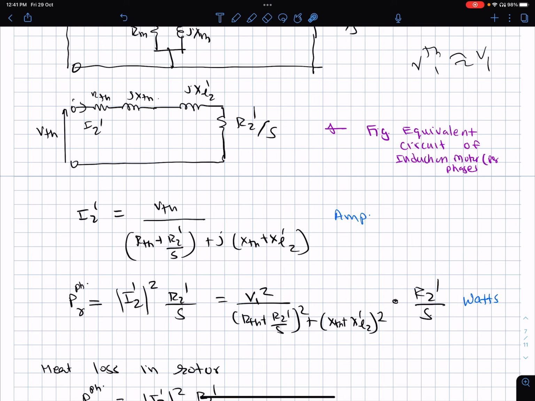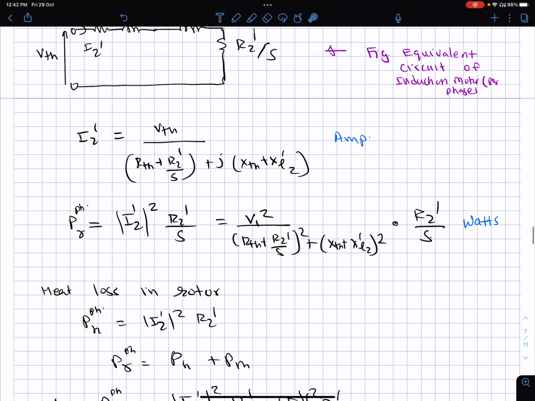So it has two components which it is dissipating. One is the mechanical work done, which on this equivalent circuit also looks like a heating loss in this R2' by s, and second is the actual heating loss, which is happening in the resistance which is there on the secondary circuit. So the power which is dissipated in this R2' is the square of the magnitude of the current I2' into R2' by s, which can be written as, I'm sorry, I have used